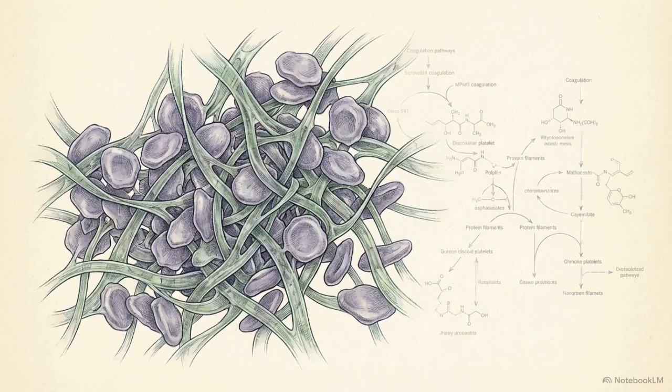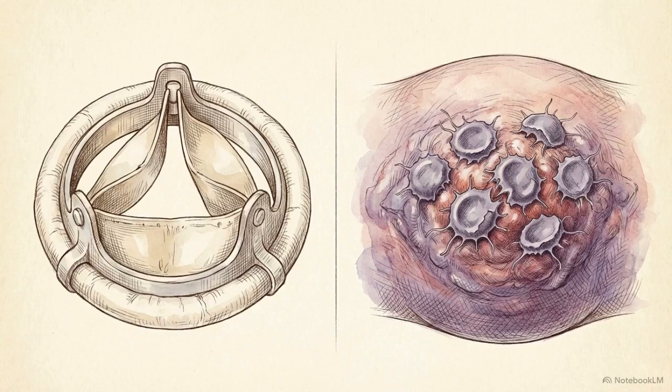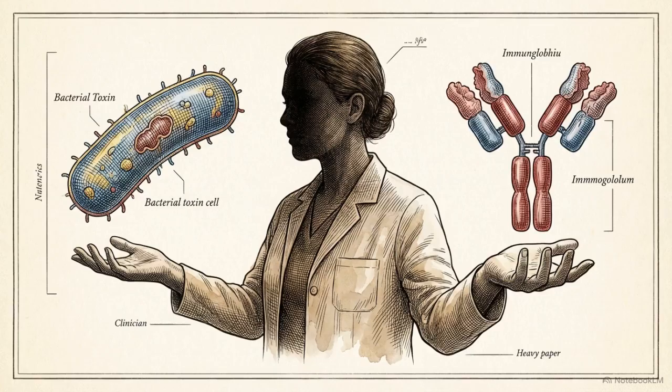Because these plugs are made of platelets and von Willebrand factor, the plasma clotting cascade is not involved. Consequently, PT and PTT laboratory times remain completely normal. Mechanical shearing also occurs in cardiac hemolysis due to prosthetic valves and in Kasabach-Merritt syndrome, where giant hemangiomas consume platelets and clotting factors. To manage microangiopathic hemolysis, clinicians must determine whether a toxin or an autoantibody is triggering the endothelial